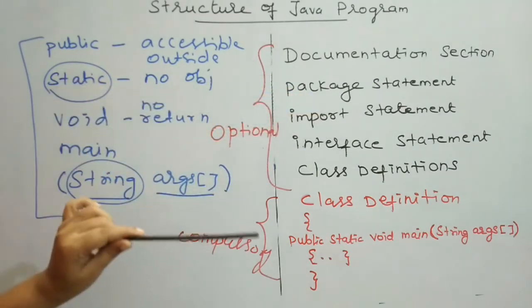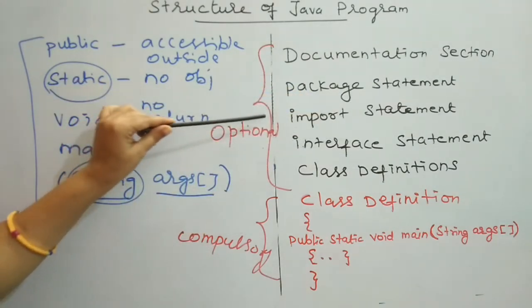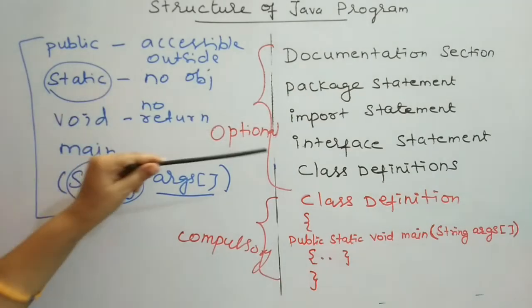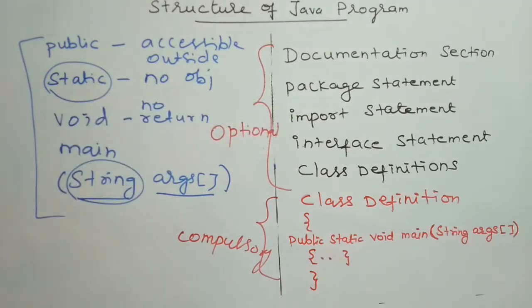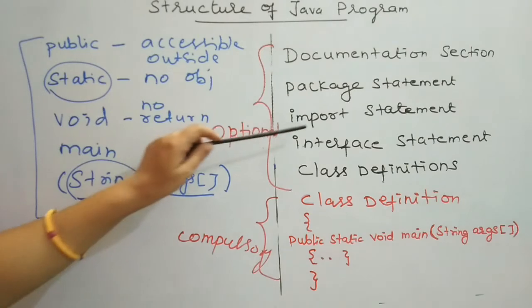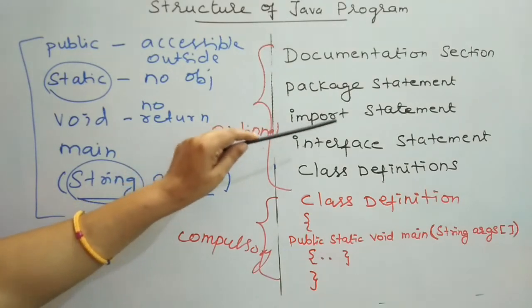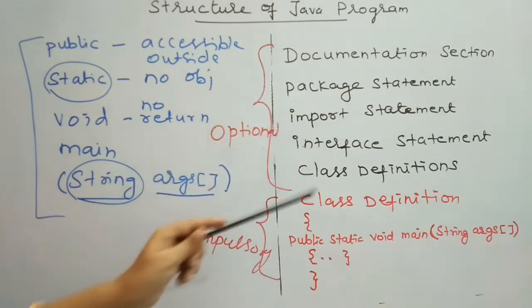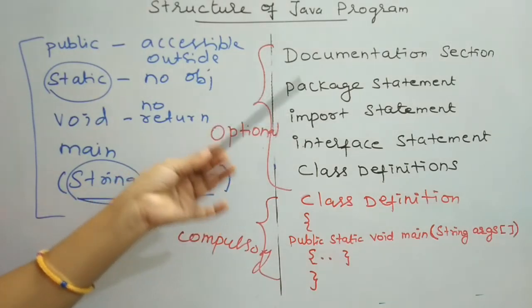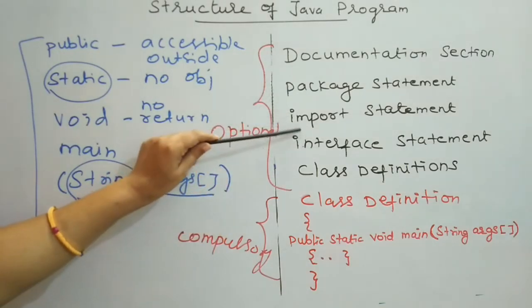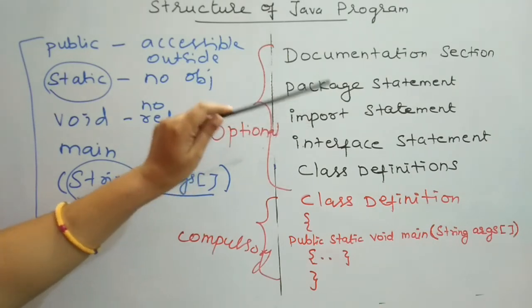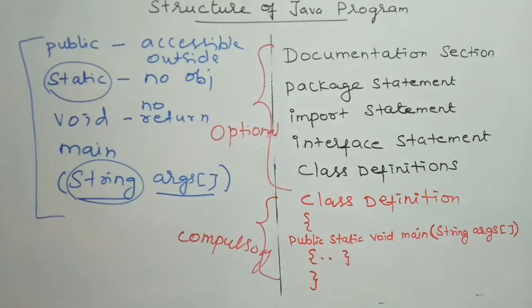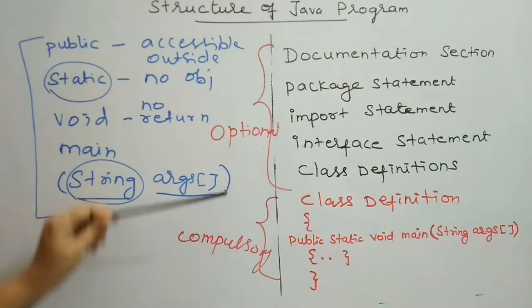The next one is the import statement. If I want to import a class definition from another Java file, I may make use of this import statement. Okay. While importing a class definition, we need to specify along with it the package in which our class definition has been defined. Okay, package dot star will import all the class definitions. Package dot specific class definition will include only that particular class definition.